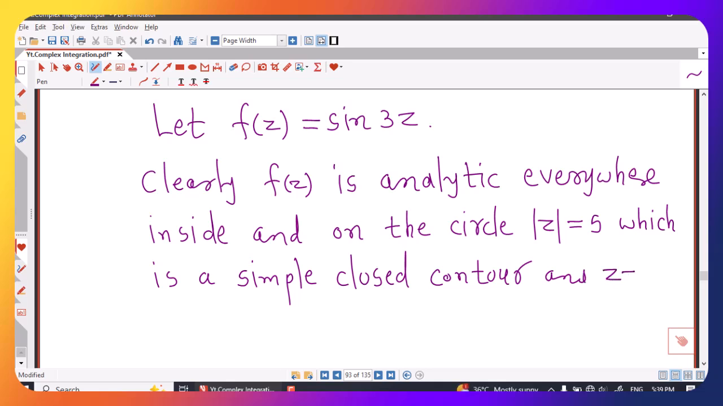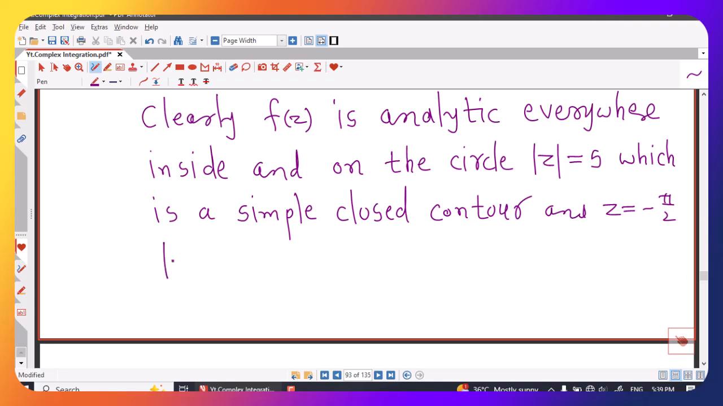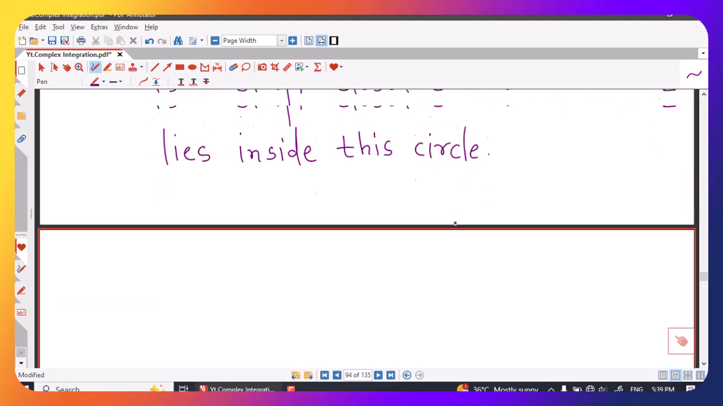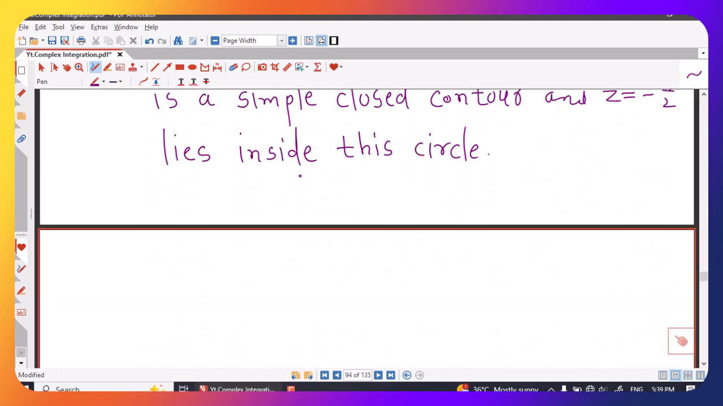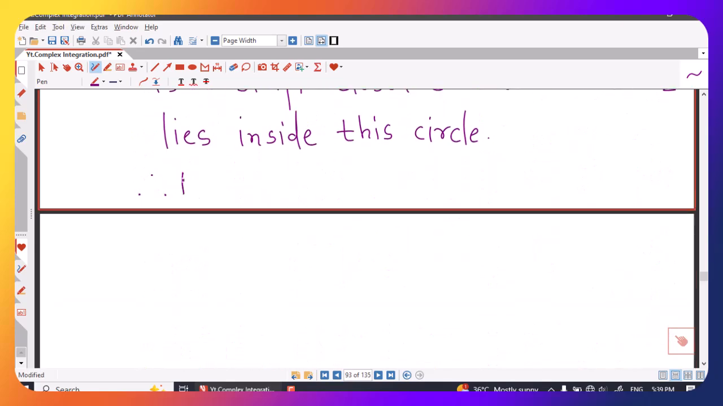and z equal to minus pi by 2 lies inside this circle. Okay, as we have seen, z equal to minus pi by 2 is inside this circle. Okay, that we have seen here. So therefore we can apply Cauchy integral formula. Therefore, by Cauchy integral formula,